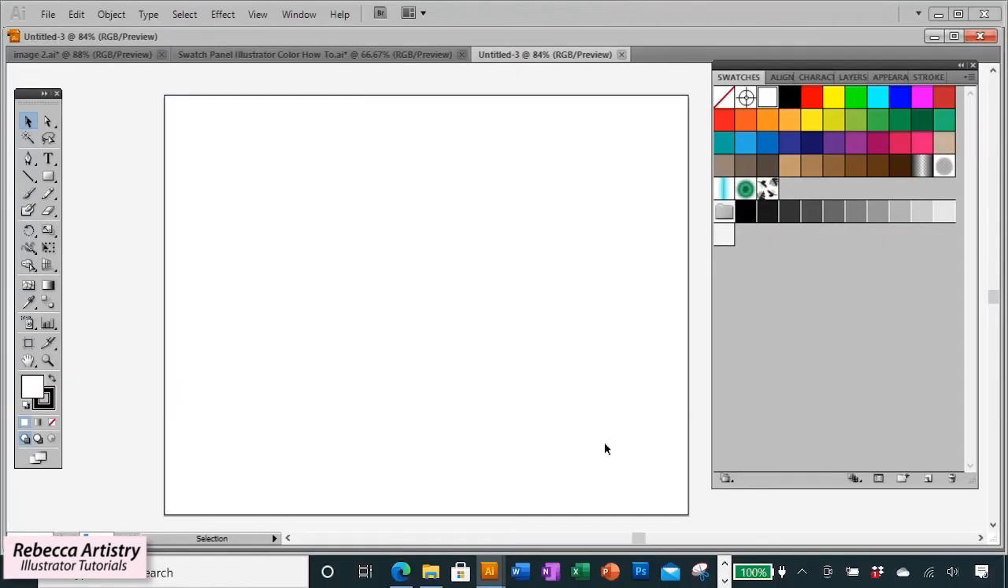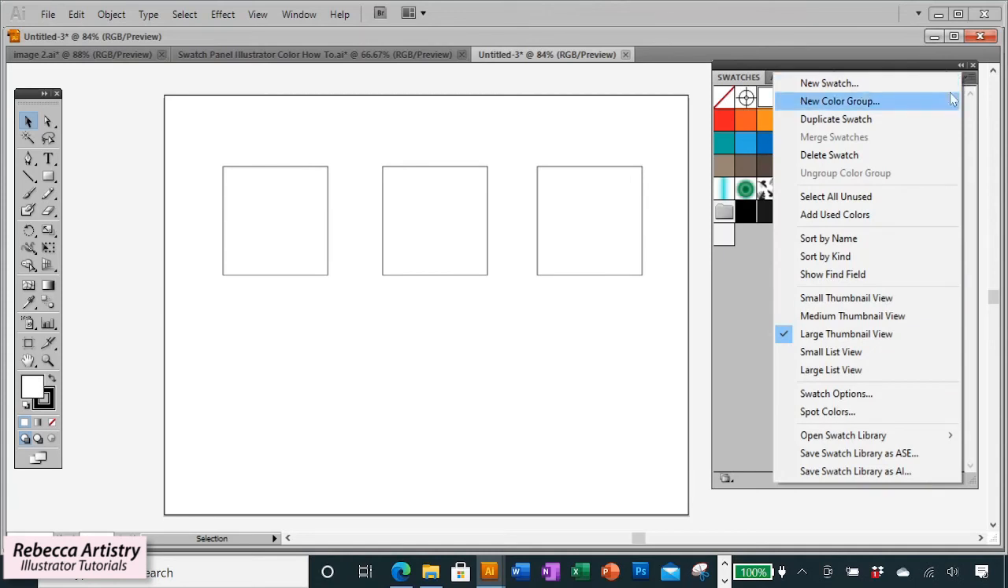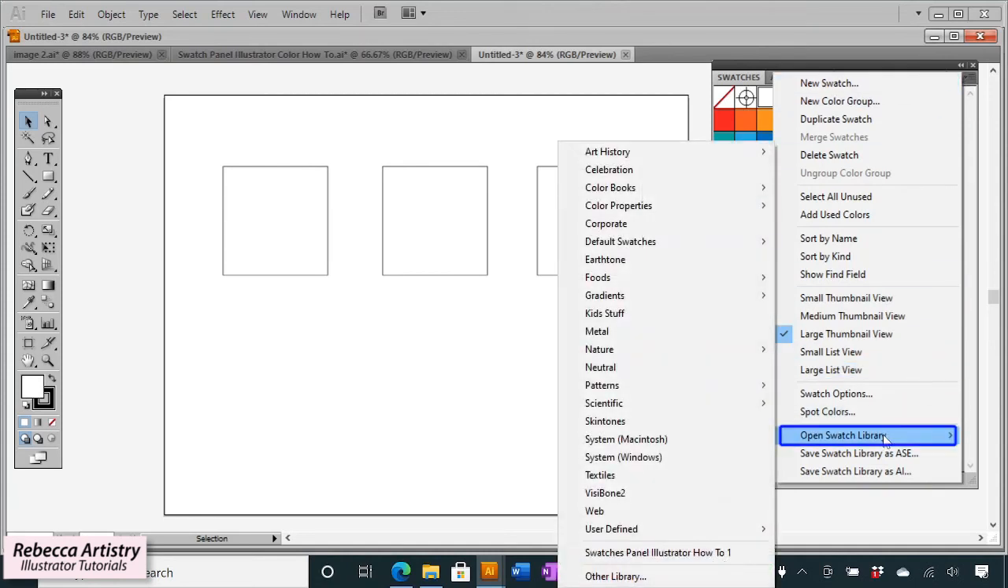So I've opened up a new blank file here, and we're just going to make a few boxes that we're going to fill in, and this is going to be our new project. So I'm thinking, oh, I really like those swatches that I used on the spring sweaters, so let me pull those colors up again. And so what I'll do now is I'll click on the drop down menu in the swatches panel, go to open swatch library, and instead of opening one of these built-in libraries, we're going to go